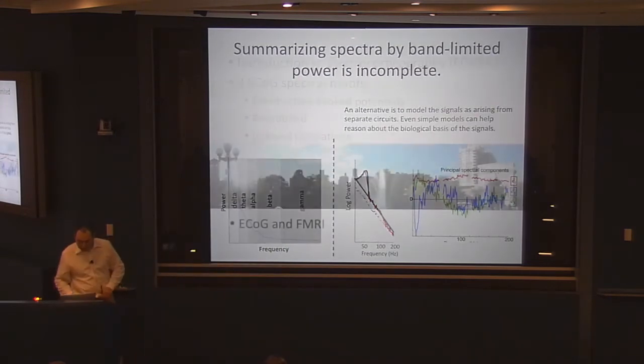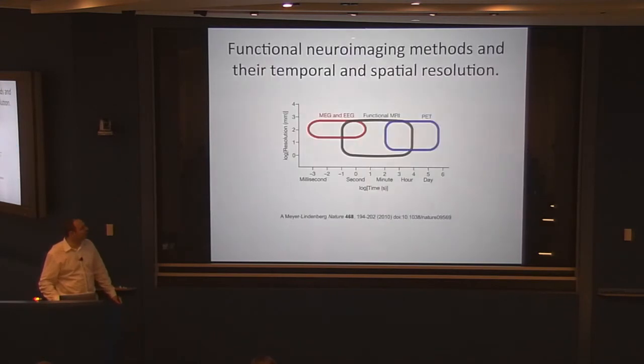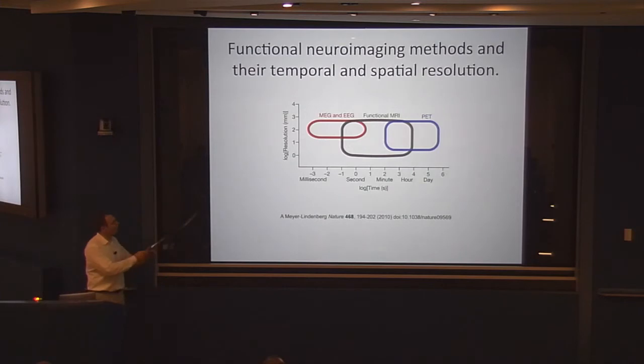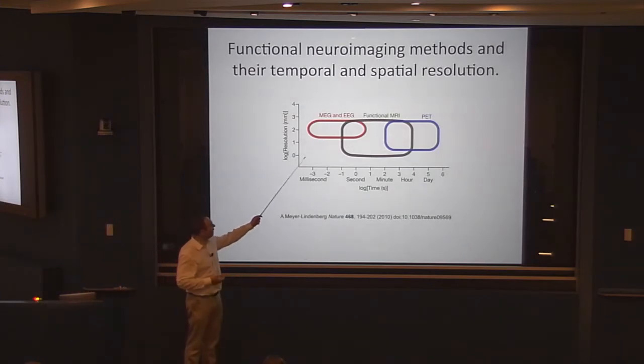Okay, so I'm now going to try to do something in 2 minutes that is going to be a little bit of a challenge. But I want to finish by talking about the two methods that are widely used to study the human brain: ECoG, which I use as a proxy for any of the electrical measurements like EEG, and fMRI. And I want to show you a plot that you might have seen before. This kind of plot is shown very often. Something like this, which shows the